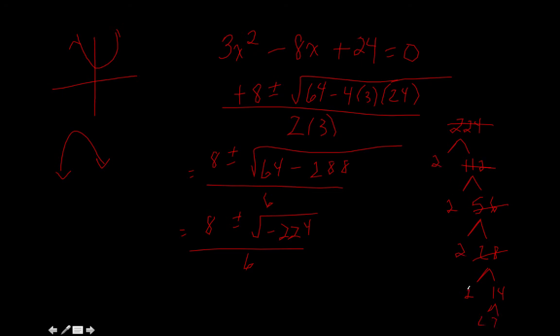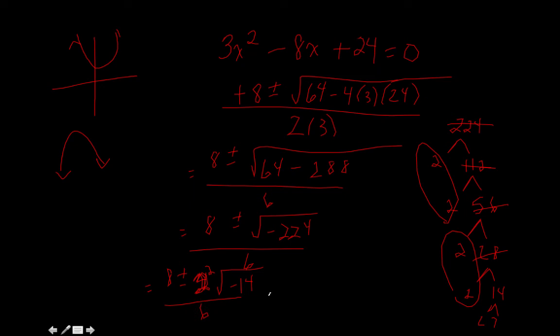So I have 1, 2, 3, 4, 5 2's, so I have 2 pairs of 2's. So this is 8 plus or minus, I have 2 2's, so 4. It's not 2 plus 2, it's 2 times 2. So this is 2 squared times the square root of negative 14